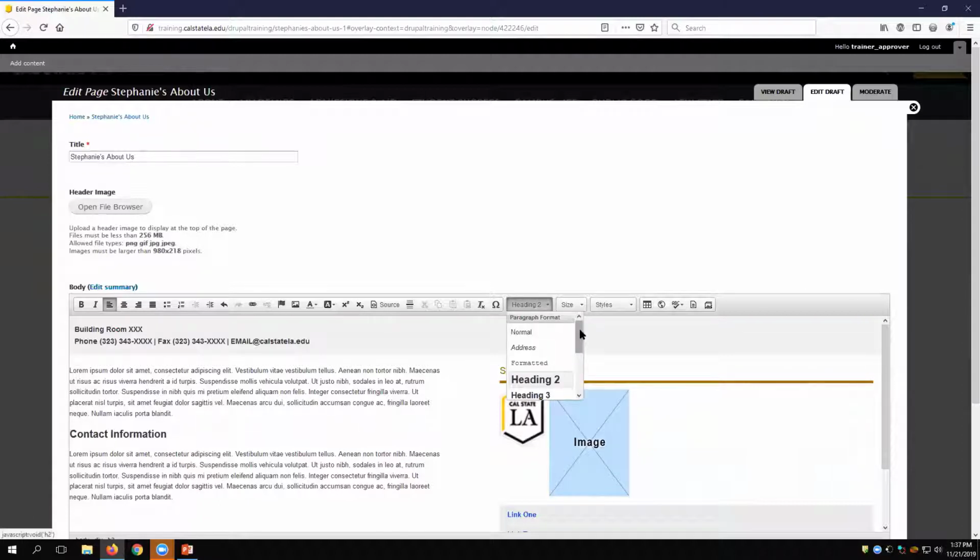As you can see here, there are different headings going all the way down to 6. I know I've kind of gone over it again, but it's something that's very important, and it works on even more than Drupal. Anytime you're doing a Word document or anything like that, header structure is very important. There can be multiple of any heading except for one. Heading 1, that's always the title.